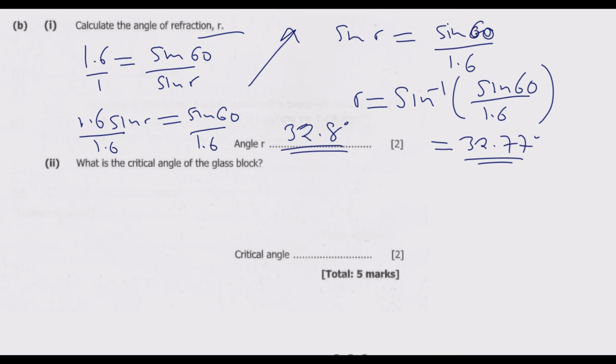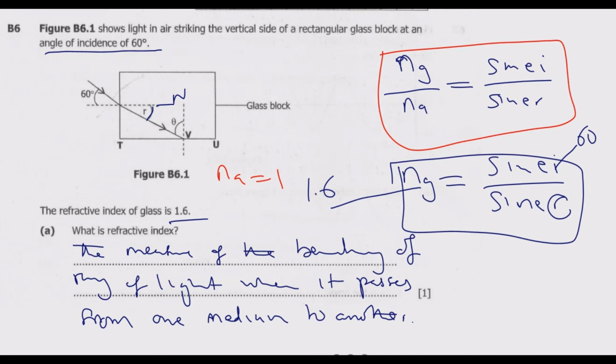We move to Roman numeral 2. What is the critical angle of the glass block? The critical angle in this case is the angle such that as this ray of light moves from a denser medium, which is the glass block, and enters the less dense medium, coming out here,